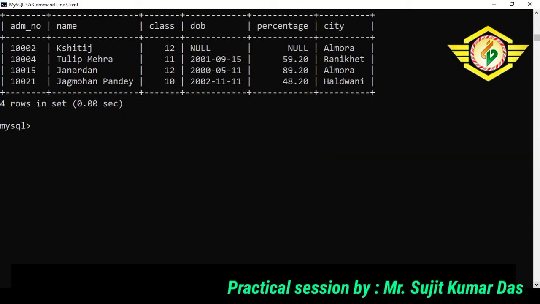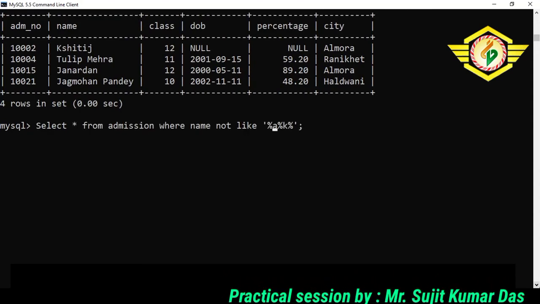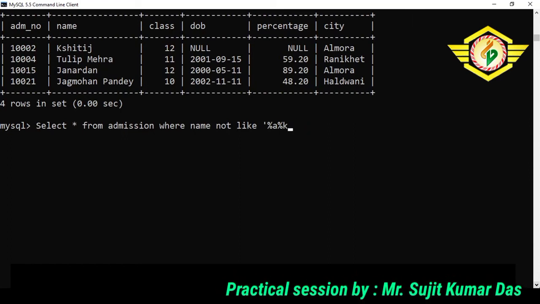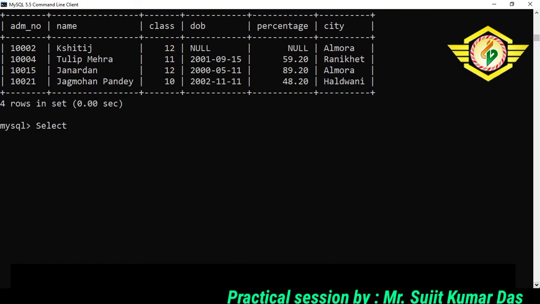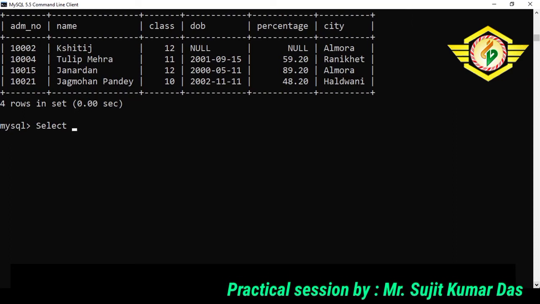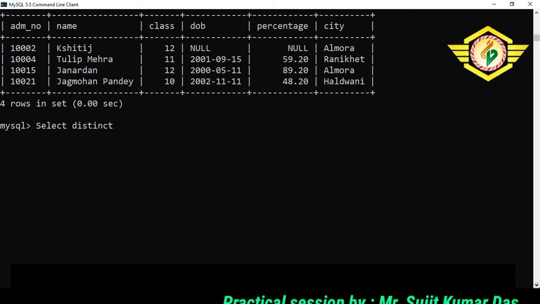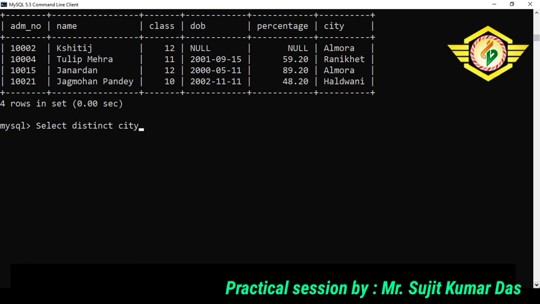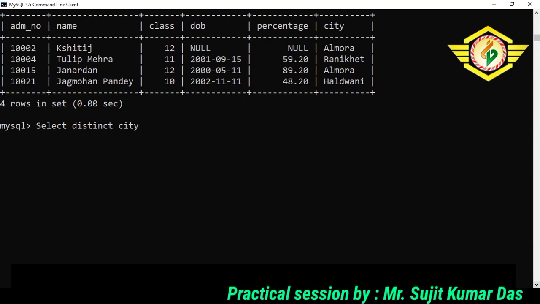Now we will see the use of the distinct keyword. Distinct keyword is to remove repetition of values. So we want to see how many cities our students belong to.